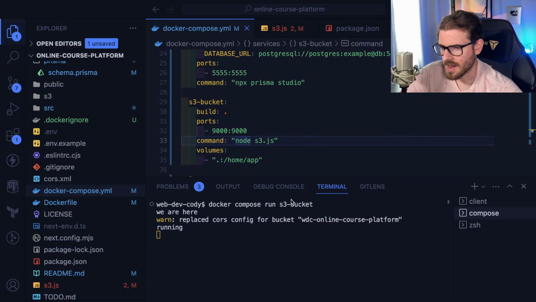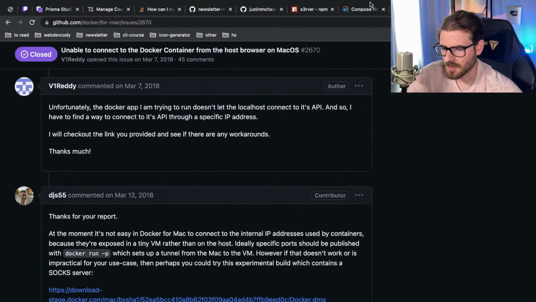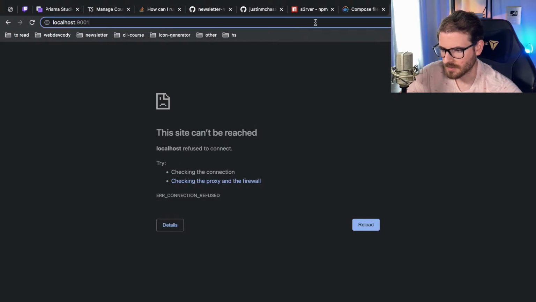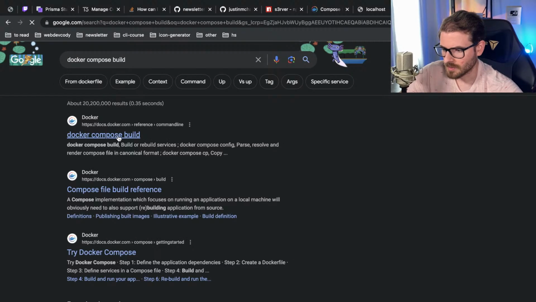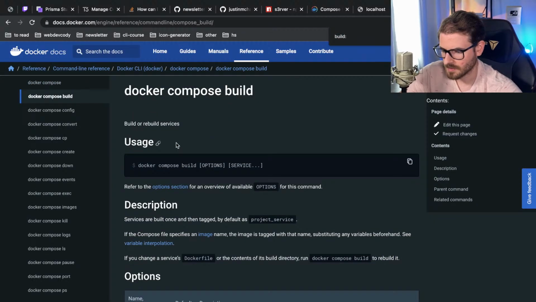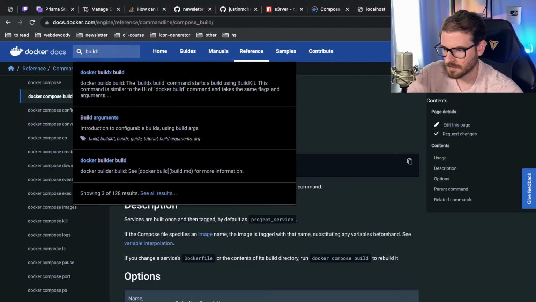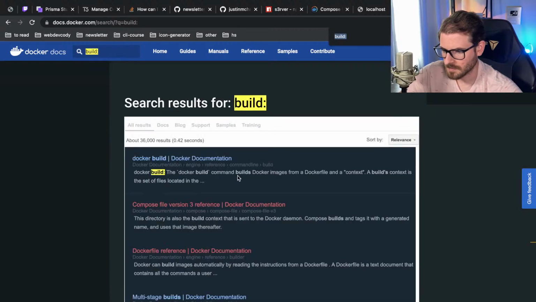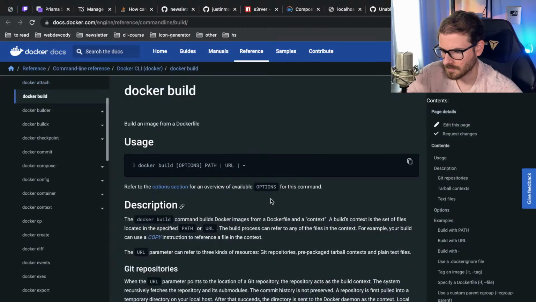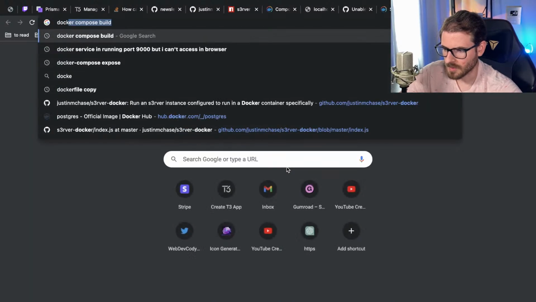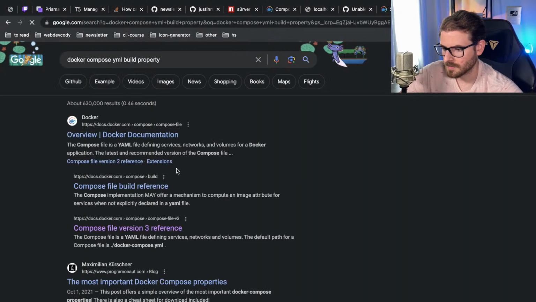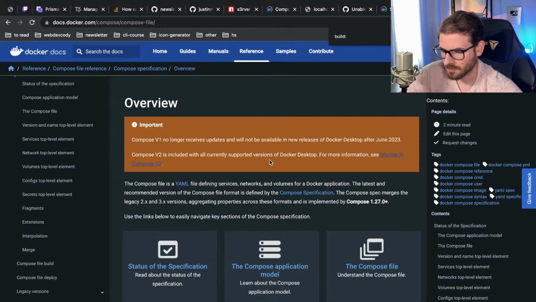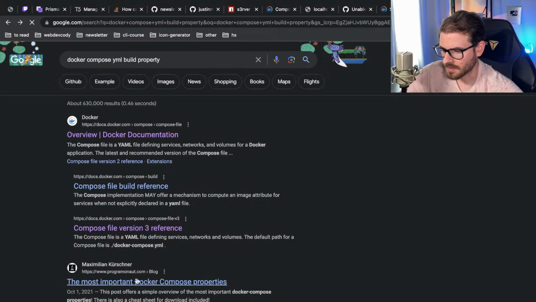Bernhard, I don't think you have to specify the context. I could be wrong, but I think it defaults to something. Docker compose YAML build property. Bro, how is it so hard to find